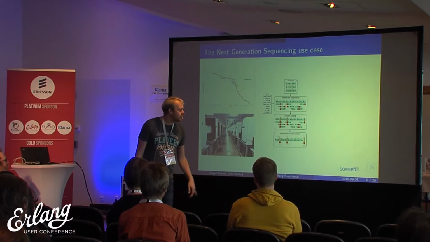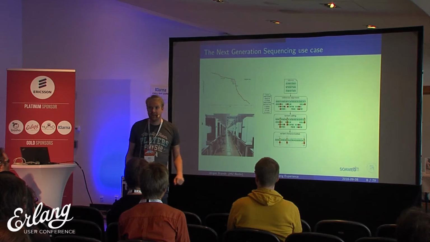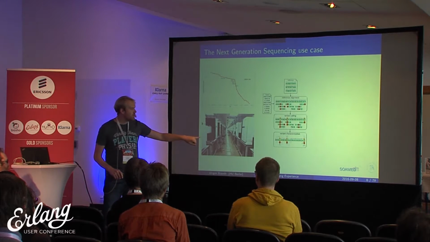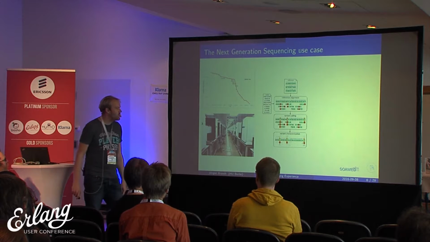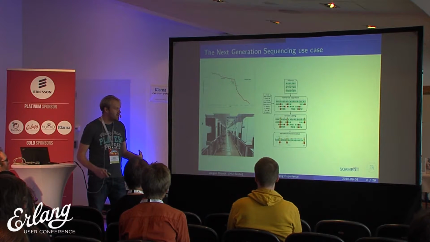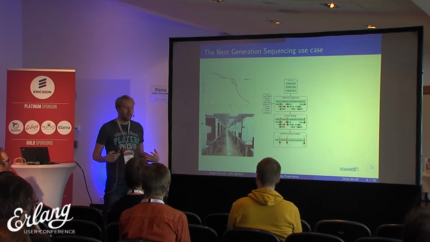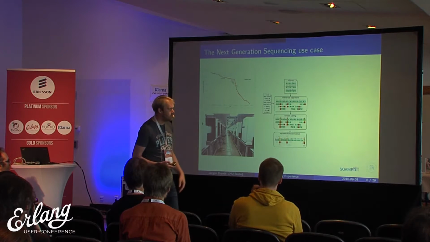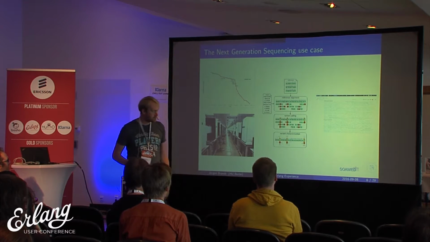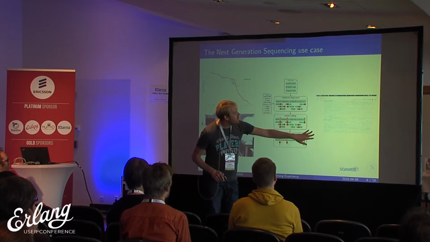And also, if you look at the kinds of machines that produce these sequencing data, it's easy to imagine that you can run many sequencing machines in parallel. So what you want to do is, if you are able to sequence in parallel, you also have to do the data analysis in a parallel and distributed way. And the third challenge is, this is kind of hard to see, but